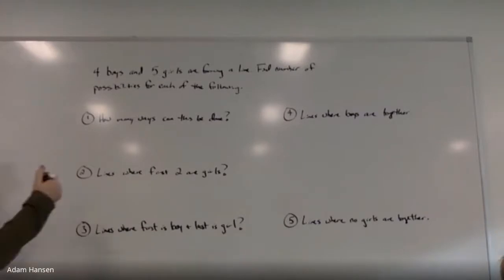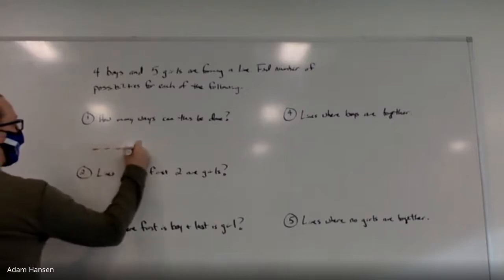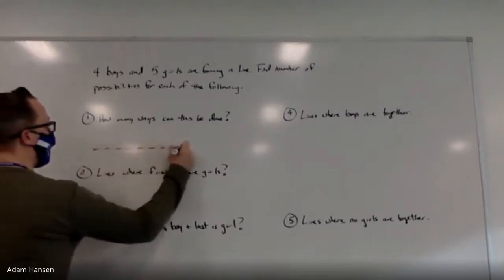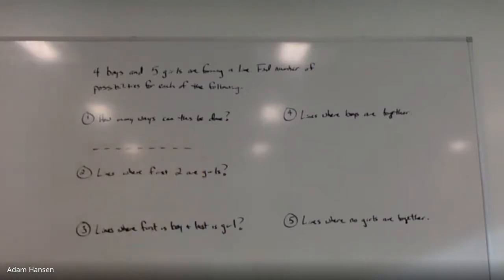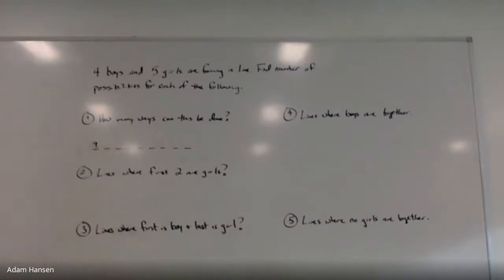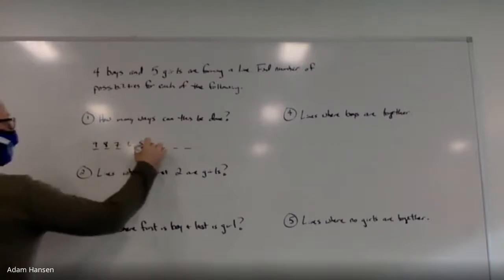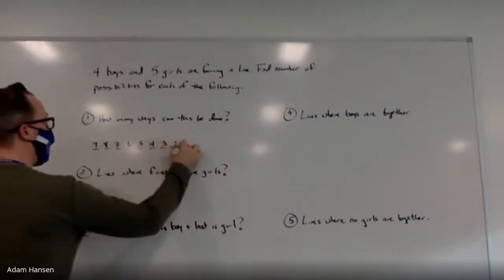How many people total? 9. Let's start diagramming it out. How many different people could be in the first place in line? 9. And how many after that? Second place would be how many other people? 8. Then 7, 6, 5, 4, 3, 2, and